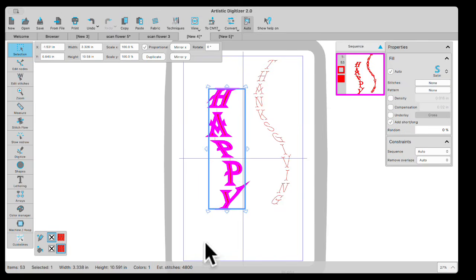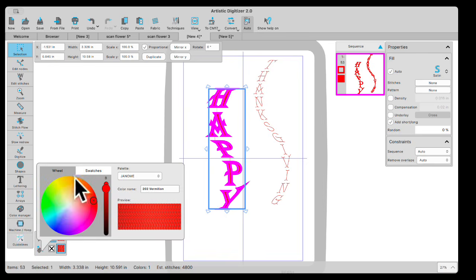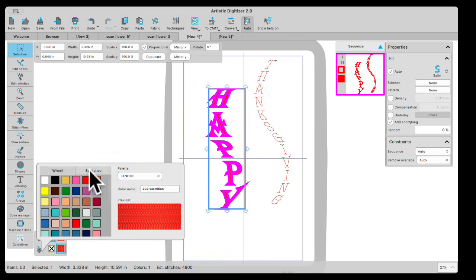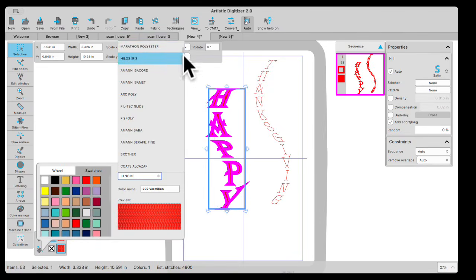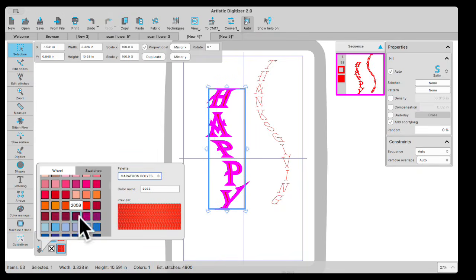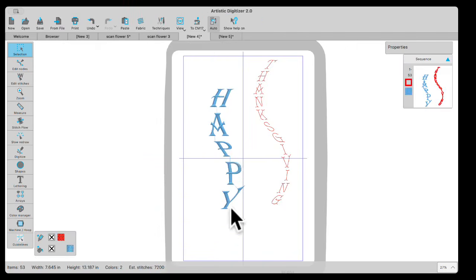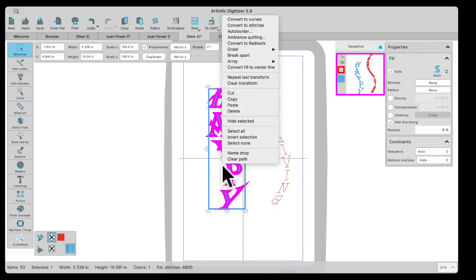If I wanted to change my fill color in here, I could come down to my bucket, and then I would get my color wheel. Under here I have swatches. Here I have my different palettes that I reordered for the way I like to use them. And then I could come in here and maybe change it. Maybe I want them all to be blue. And once I hit blue, they're all selected. They'll all be blue. When I break it apart,